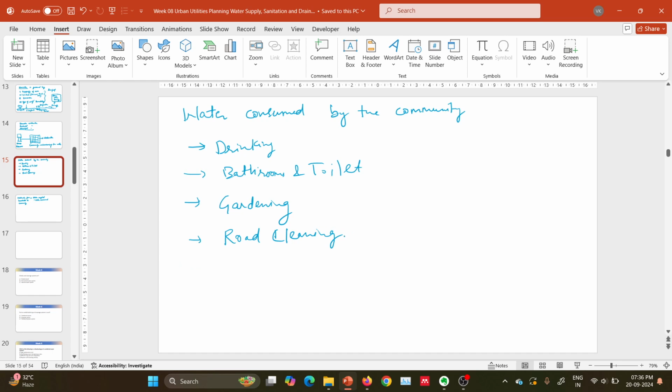Okay. So for these purposes, the households, the community will utilize water for drinking, bathroom and toilet, gardening, road cleaning, and there